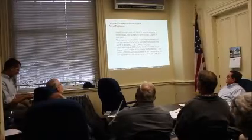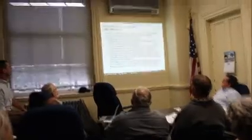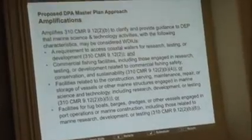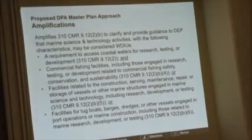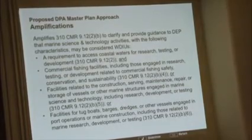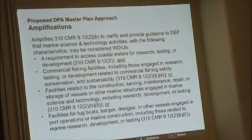What we came up with, and I apologize, the next two slides have a lot of words on them. We have four amplifications to provide clarity and guidance to DEP that marine science and technology activities with the following characteristics may be considered water-dependent industrial uses. So what we did was we took portions of the existing regulations and broadened them out to say that if they had these characteristics, if a marine science and technology firm, business, operation had